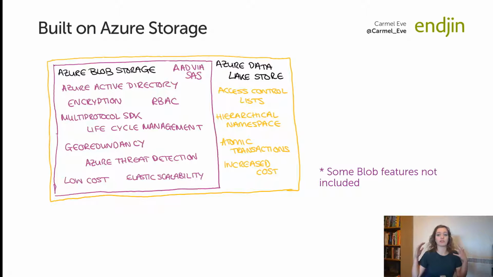Some of you have probably used Blob storage, and it comes with a huge range of built-in features, most of which we'll talk about as part of this talk. But Data Lake is an extension of Blob storage, and the main difference is that it enables hierarchical namespace. So it allows collections of objects and files within an account to be organized into a file structure like that in a computer system. So you can have nested directories and subdirectories, and this means you can atomically control the entire directory rather than